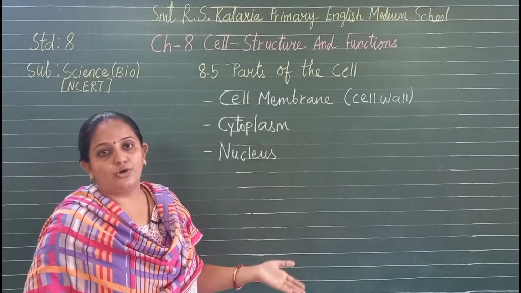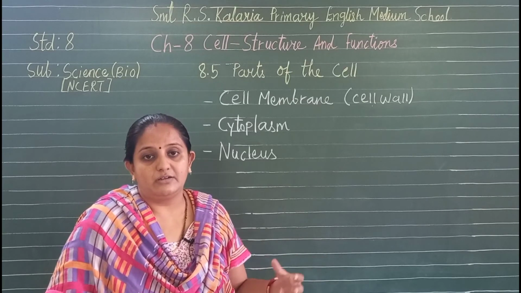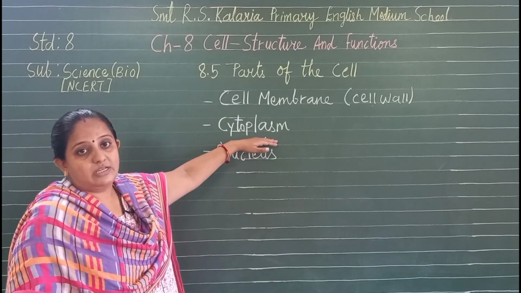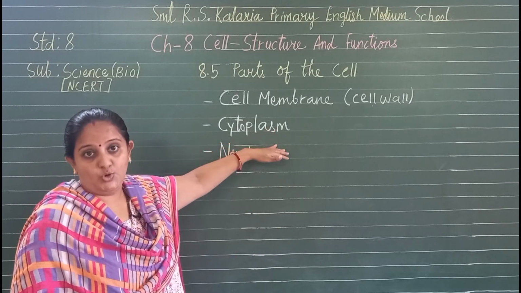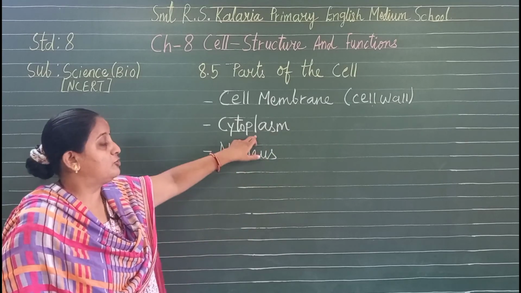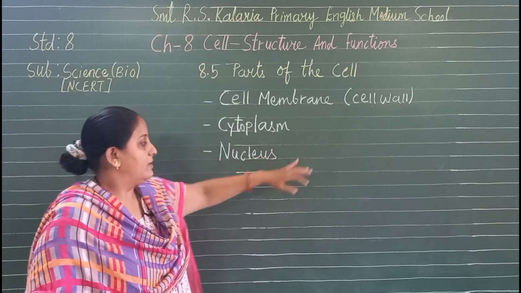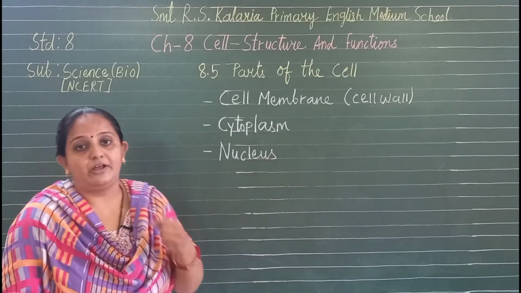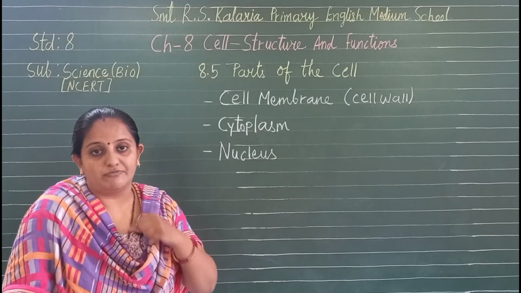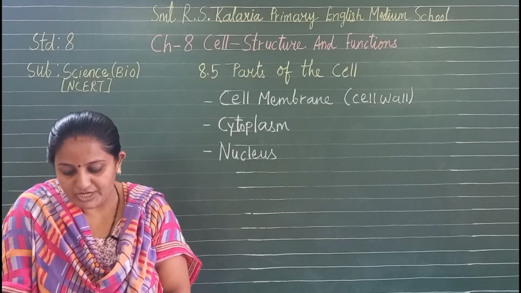We can say mitochondria, ribosome, Golgi body, lysosome, chloroplast, all these are found in the cytoplasm, even vacuoles, isn't it? So whether it is a plant cell or animal cell, cytoplasm is there, which is a gel-like structure. And next, the nucleus, which controls the activities of the cell. And we had also understood about the eukaryotic and prokaryotic cells.